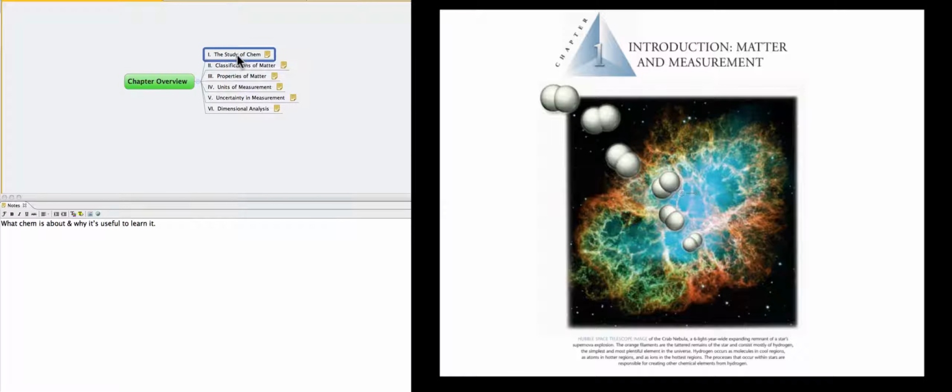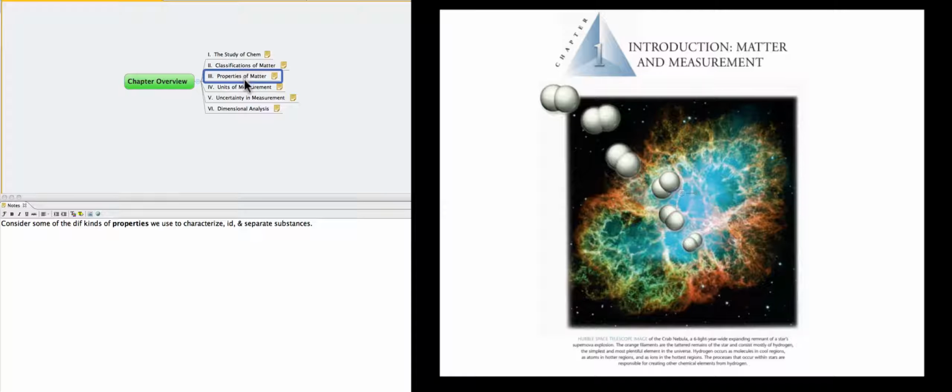I'm going to talk about the study of chemistry, what chemistry is about, and why it's useful to learn chemistry. Then we're going to look at some fundamental ways to classify materials, distinguishing between pure substances and mixtures, noting that there are two different kinds of pure substances, elements and compounds. Then we are going to look at some of the different kinds of properties we can use to characterize, identify,